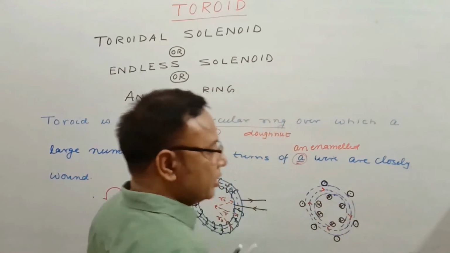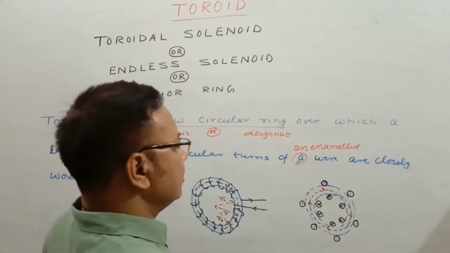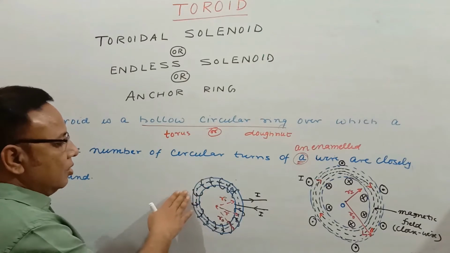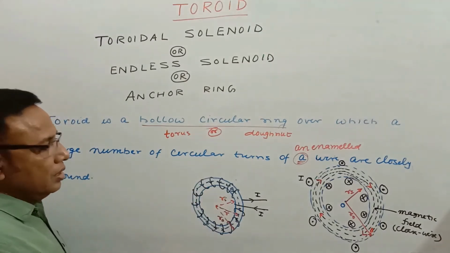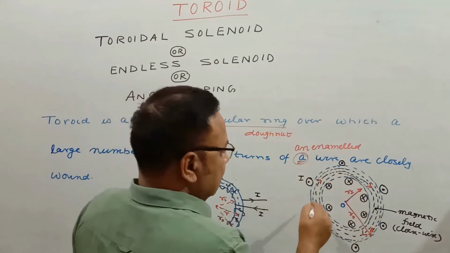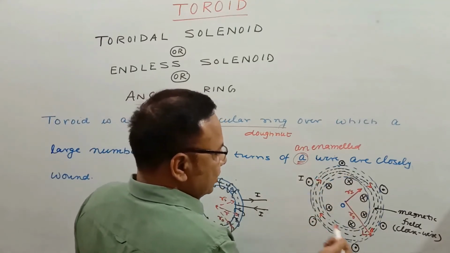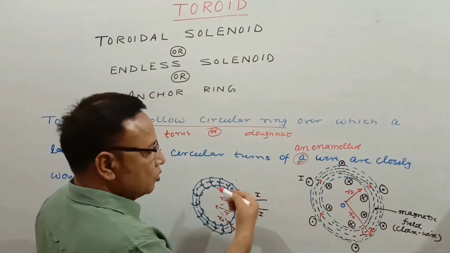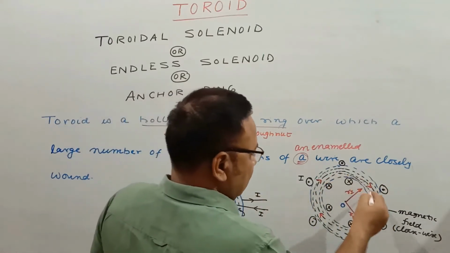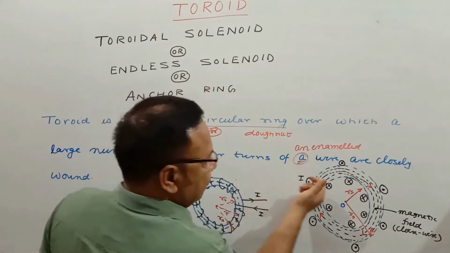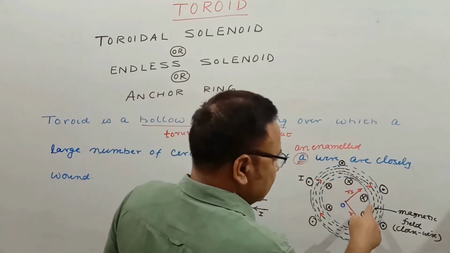This is what I am showing the direction of. It is clockwise for this case. This is the figure or picture of a toroid, and this is the cross-sectional view of the toroid. These are the wires through which the current is coming out and going inside, somewhat like this, as shown there. And using the right hand rule, we can say the magnetic fields are in the clockwise direction.